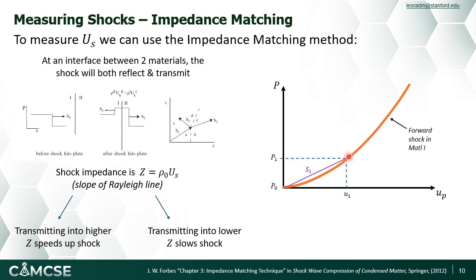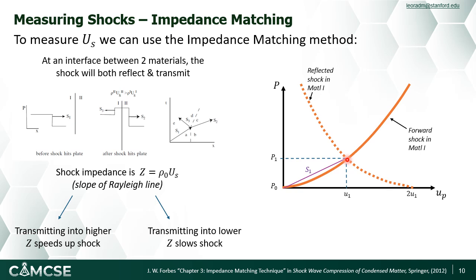We now ask ourselves, what exactly is the behavior of the other waves that we're considering in this system? To answer that question, we need to understand the reflected shock in our material 1, which we now know must traverse through this point that we denoted by S1 at P1 and U1,